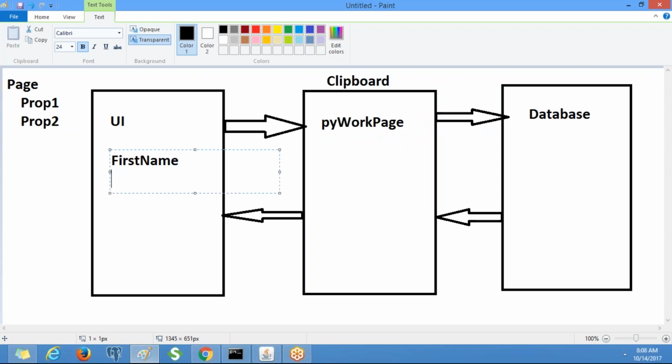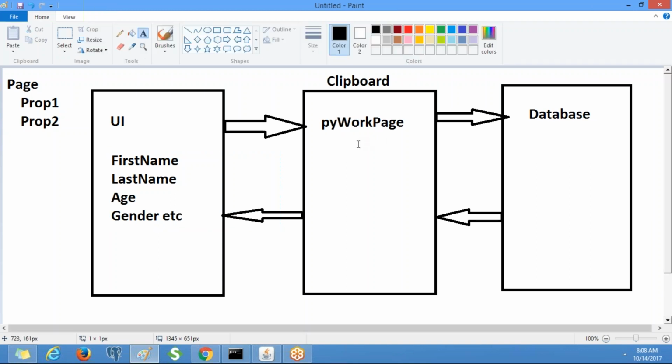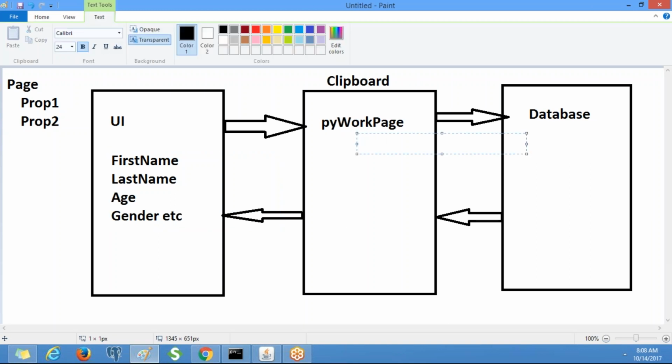Suppose you are going to enter first name, last name, age, gender, etc. All these details will be available on the py work page.